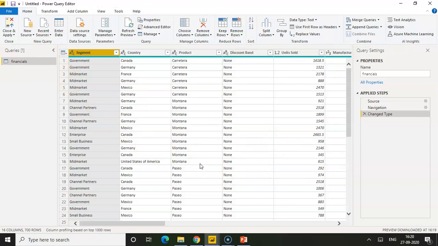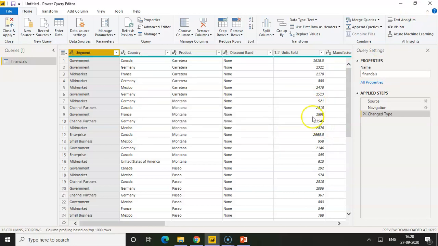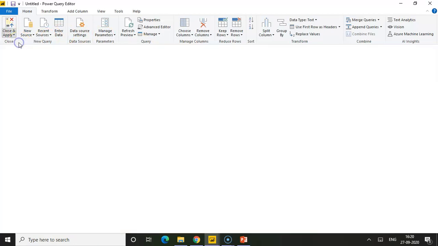I will do a separate video on the details of the Power BI query editor. When you want to transform your data according to your business needs, you can use this query editor. Once the changes are done, just click Close and Apply.